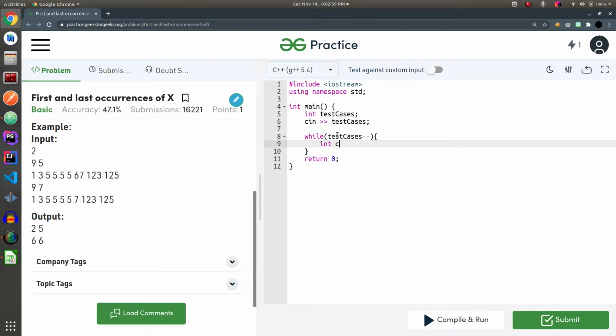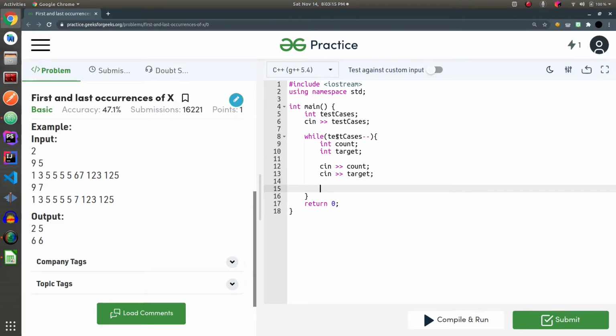We'll use int count and target, and now we can make use of a for loop to get all the elements of the array.